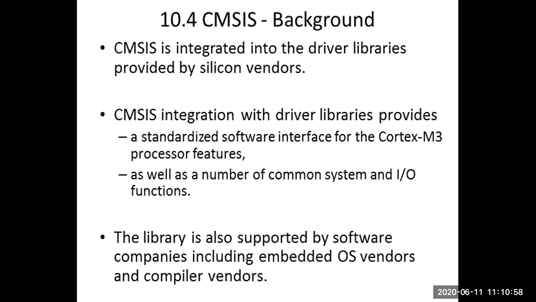This last line is very important because the ARM family will not sell their products. Instead they give a license of their products, so that different companies can use their software and products and develop their own applications using ARM. So the last paragraph is very important because there will be different embedded application development companies, and also different compiler vendors. Compiler means the software.